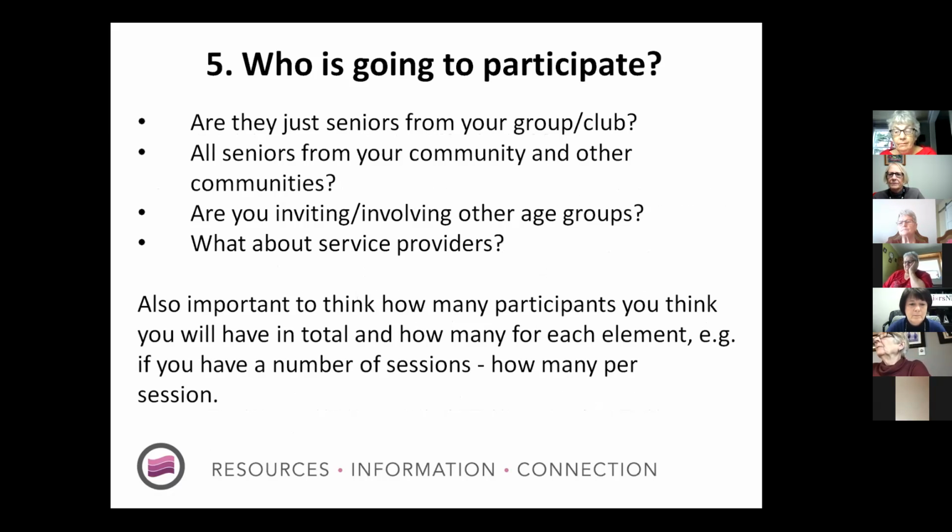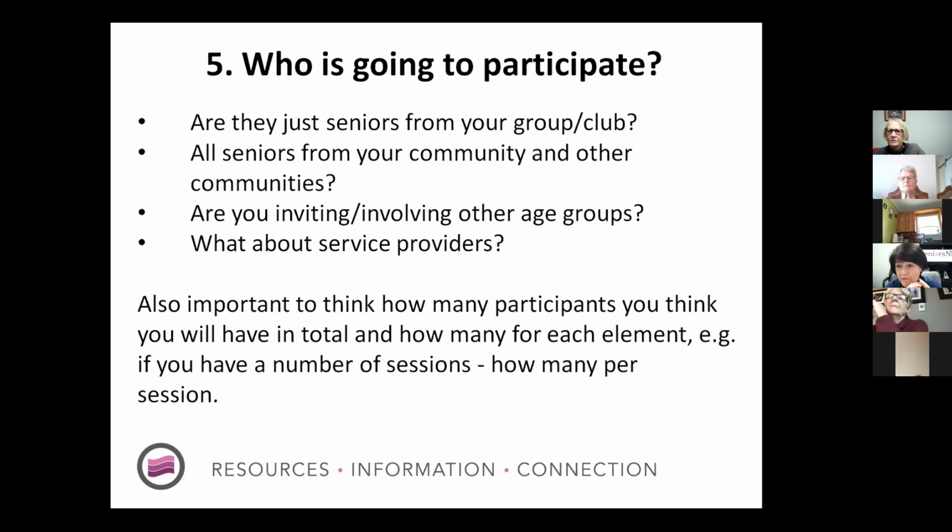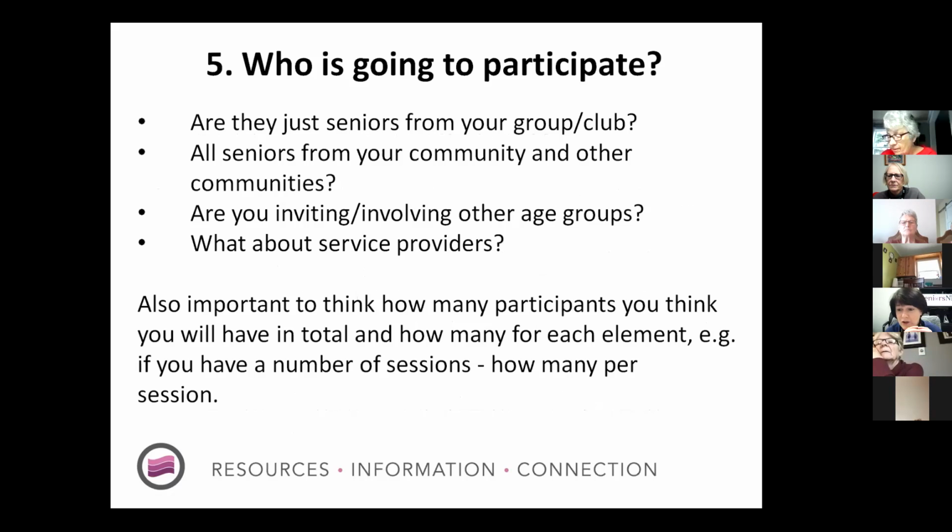Okay. So who's going to participate? So now that we've got things sussed out on what kind of in-kind contributions we're going to have, we're going to lay out our plans. We now have calculated some of our in-kind stuff that we haven't even gotten to the dollar figure yet of what we're going to ask for. But